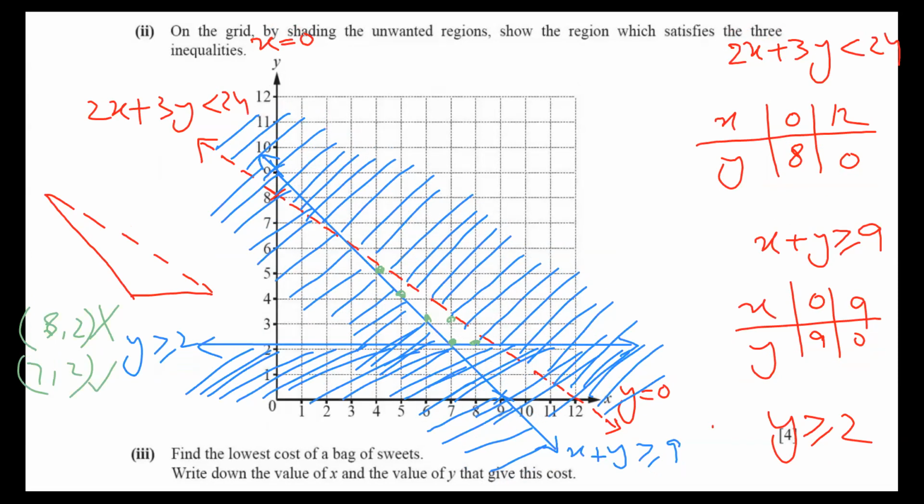Can I take this one? Yes, this point is okay. And on this line, I have many points. So this point is what? X is 6, Y is 3. X is 5, Y is 4. And this point is X is 4, Y is 5. I have 4 points. The top points I will not choose at all, so I'm rubbing that one. Okay, so that is okay.